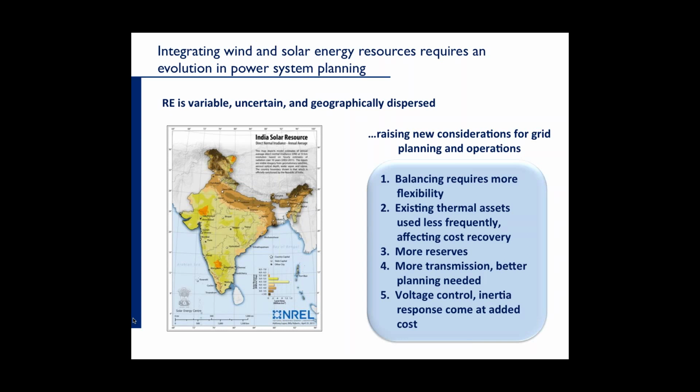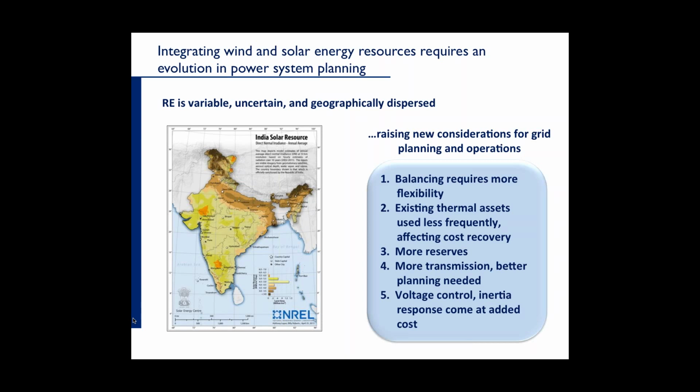Demand varies throughout the day as a function of weather and a host of other variables. But when we add wind and solar, we certainly do increase the level of variability and the level of uncertainty that has to be managed by the power system operator. When we add a lot of wind and solar to the system, it also means that existing thermal assets are used less frequently,